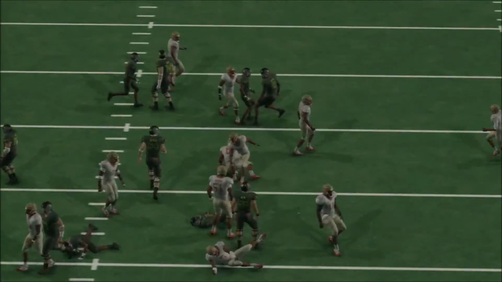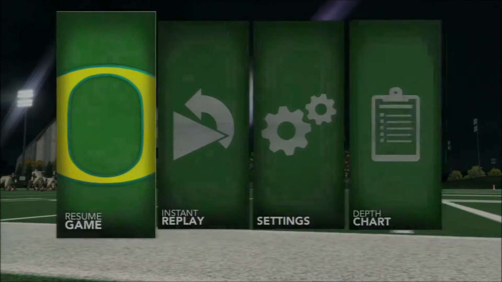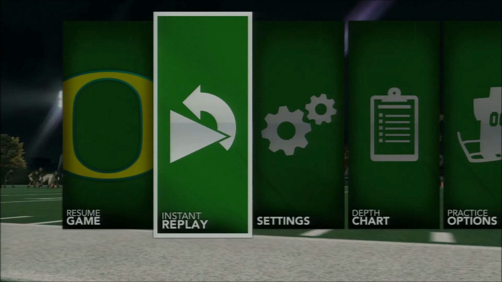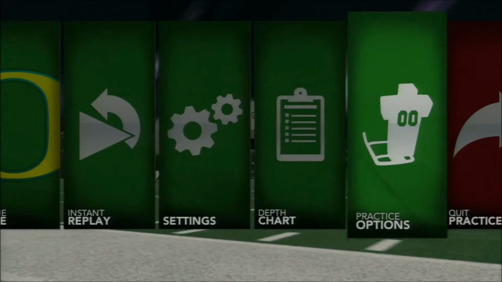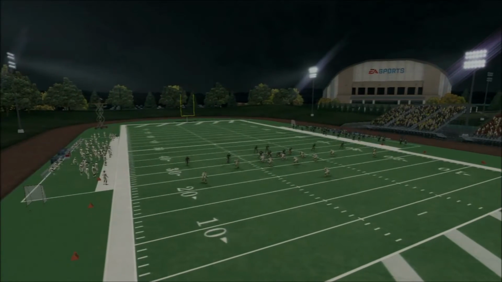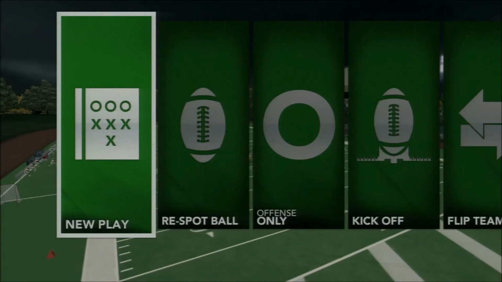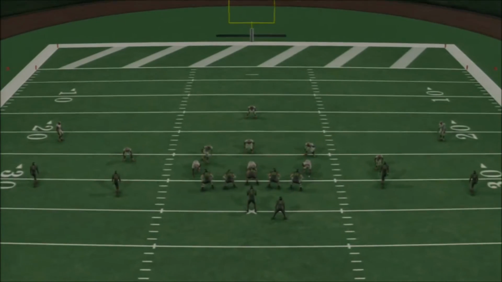As you can see there, they're eating it up. So I just wanted to show you that so you'll know, because the 3-3-5 is going to be more difficult to run that dive, but there's other ways to do it, and I'll show you in some other videos. And it's kind of a tribute to Urban Meyer, which I hate. I want to throw up right now, but let's go ahead and